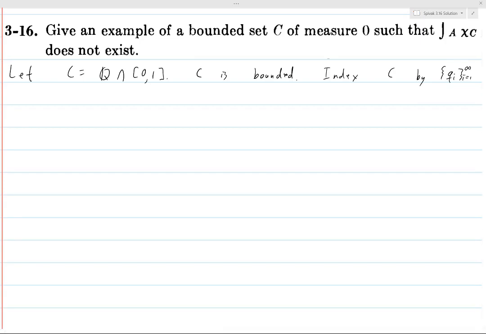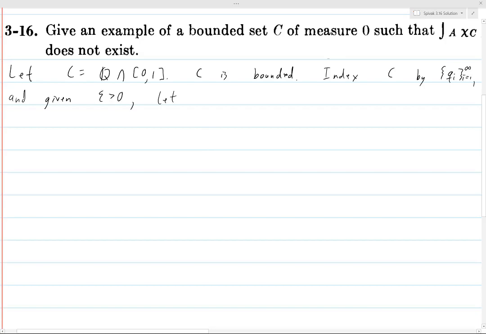So C is a countable set, and we can list out all the values: Q1, Q2, Q3, all the way off to infinity. So we index C using this notation, and given epsilon greater than 0,